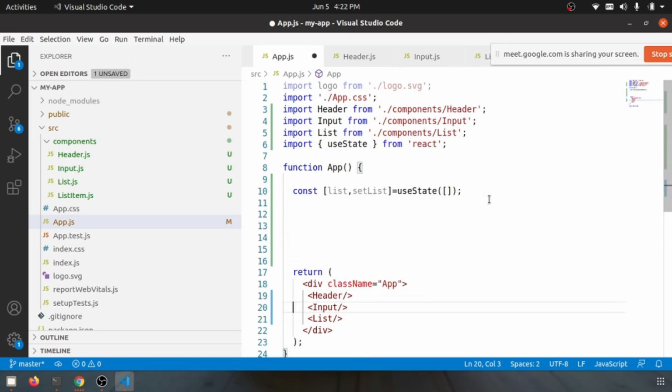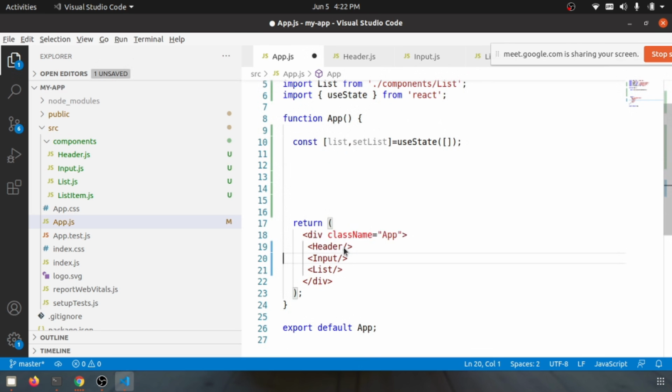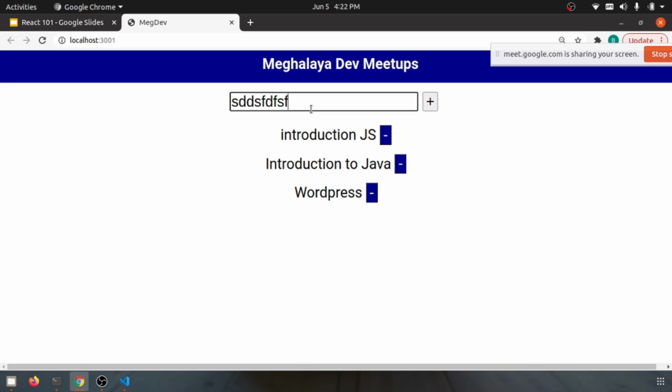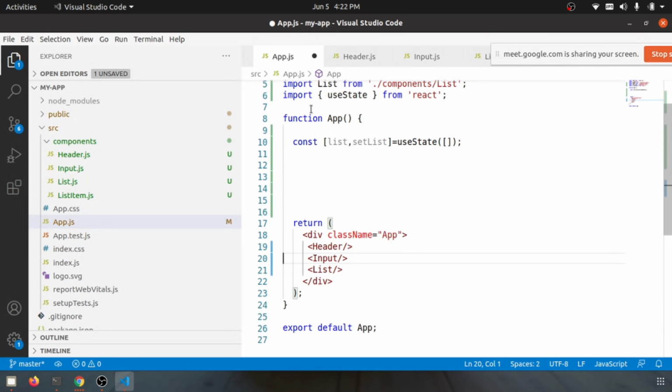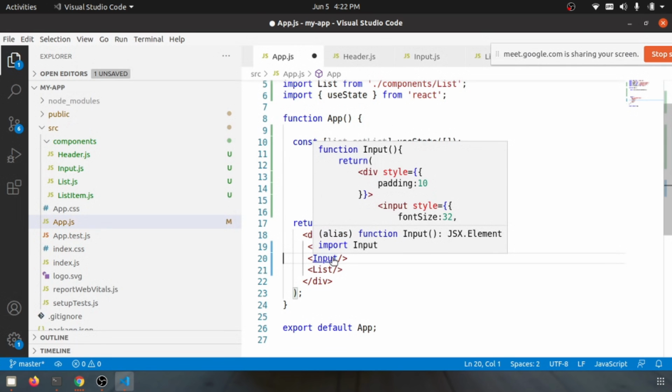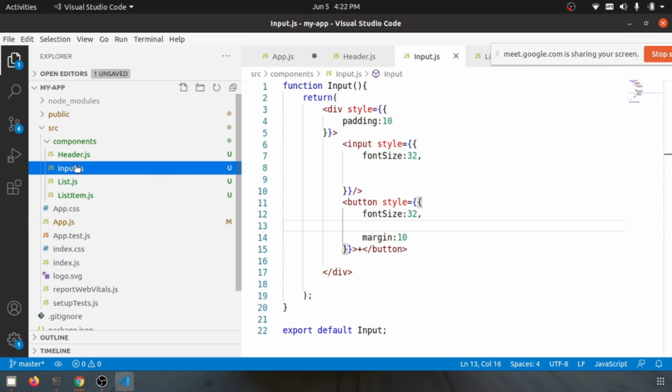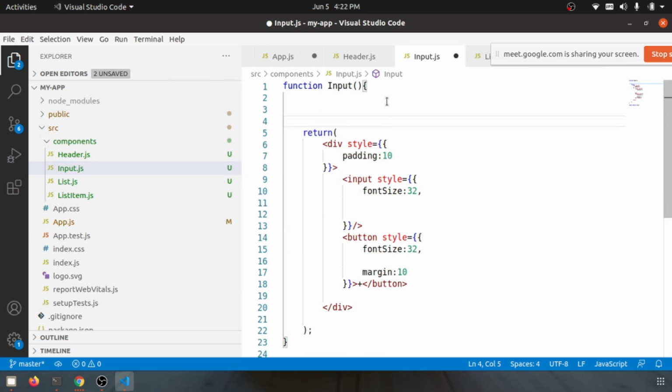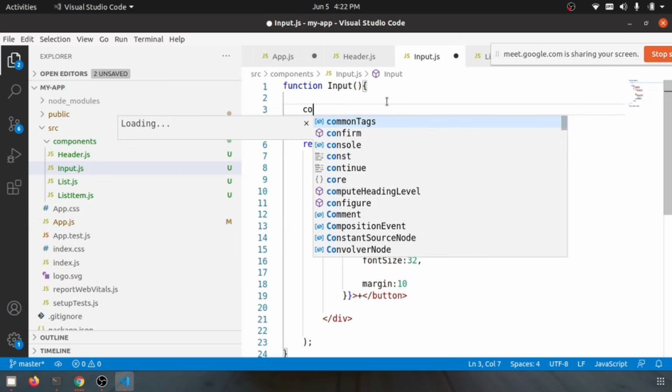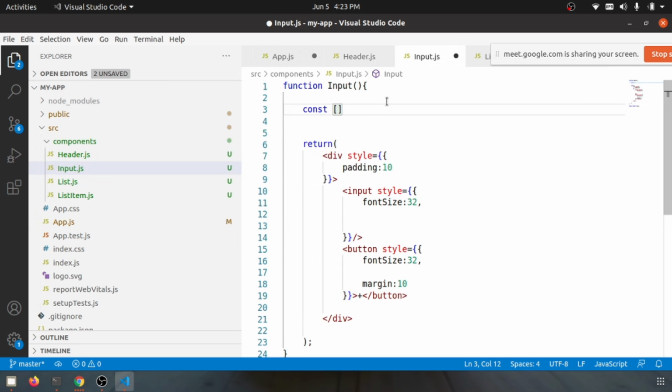So our goal is to capture this data and then insert it into our list. So we can go to the input, that is the input over here, and again here we need to have some kind of a state. So this is the text that we want to capture, and this is the setText. So useState, initially nothing is there, and then